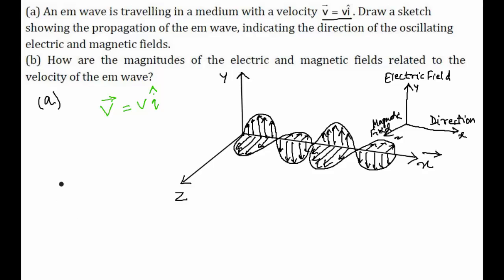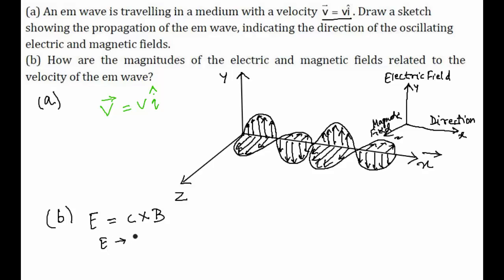Now let's see what's the second part. In the second part it's asked how the magnitudes of the electric and magnetic fields are related to the velocity of the electromagnetic waves. So we know that there is a formula E equals C into B, that is, the relation E equals CB, where